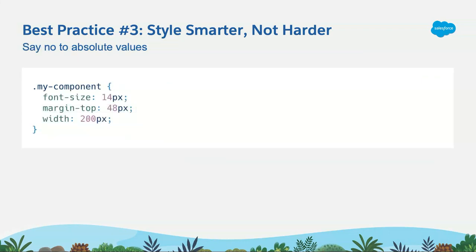And lastly, do not use absolute values. The CSS you write should be inherent to the flexibility of the web. So let's walk through this example and change each value to show you what I mean. So first,